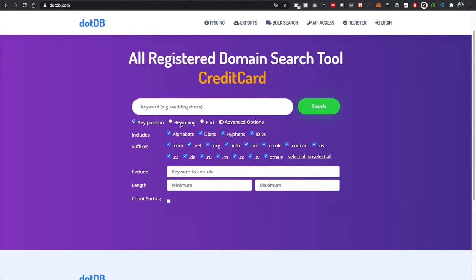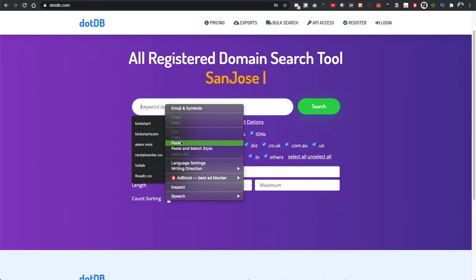Here's what's interesting. If we wanted to search on a one word, you can say, I want the word to be at the end. So if we wanted something like center, but only as the last word, or the closest thing to the suffix, then you would click in, and the same thing vice versa if you wanted only domains that started with the word center. In this case, I'm just going to do any position, and I'm going to paste here